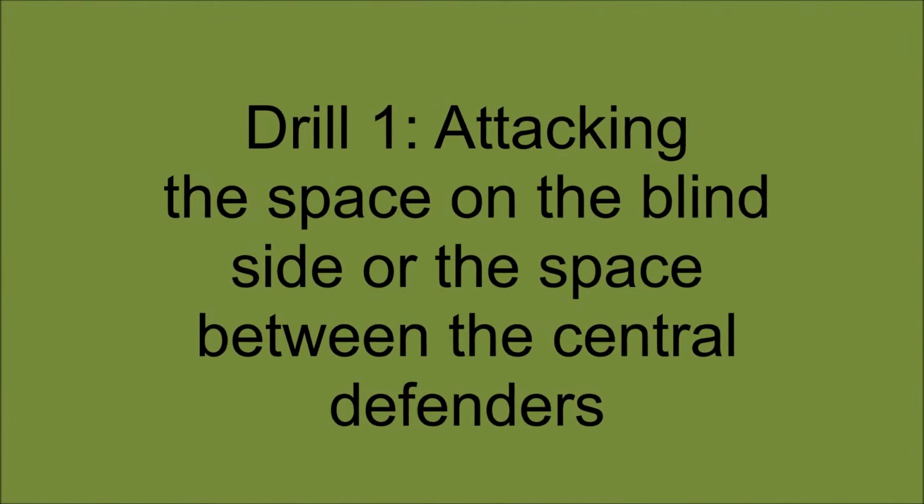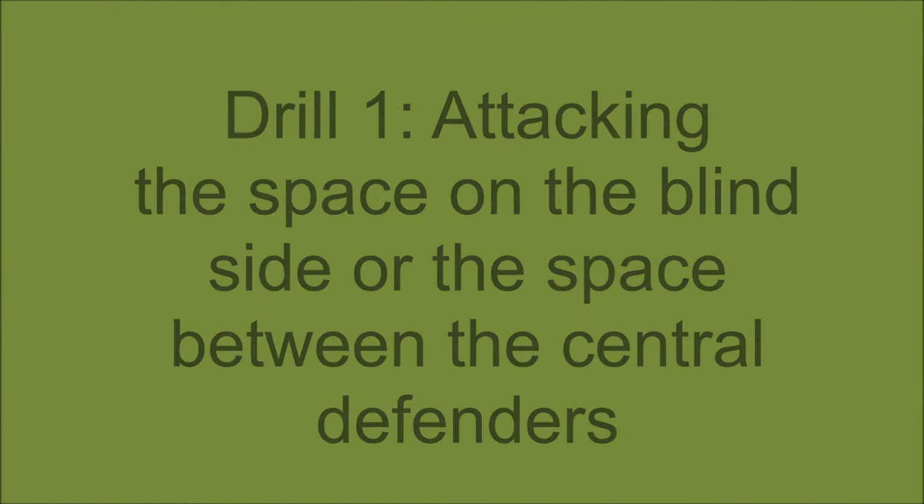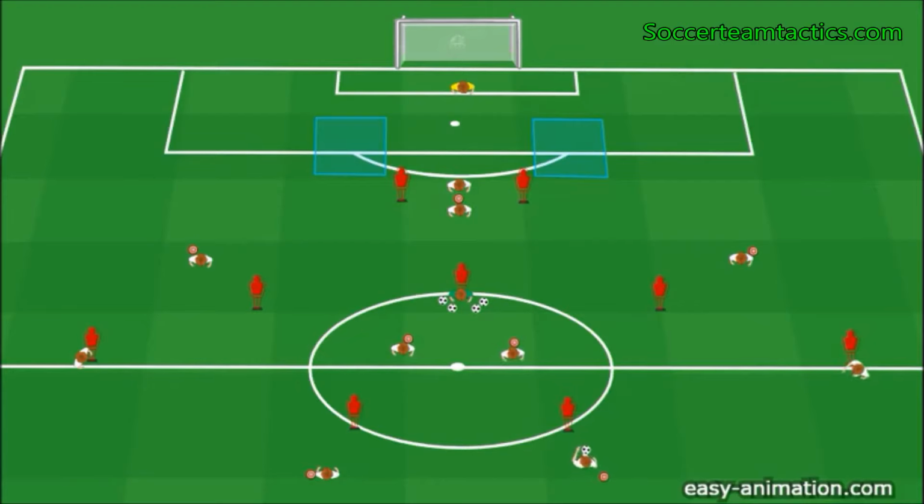This is the animated drill number 1. The first step in this drill is to move the ball through combination play to the defensive midfielder. As soon as this player receives, the forward makes a movement towards the blind side of the mannequin and then uses a well-timed run in order to receive the ball inside the blue marked area and then make a shot